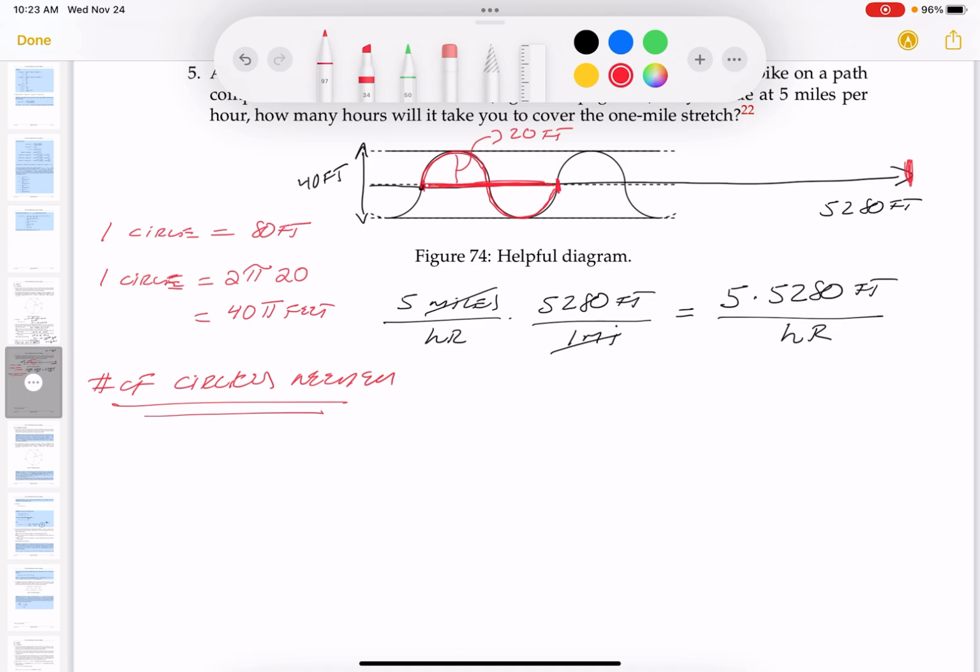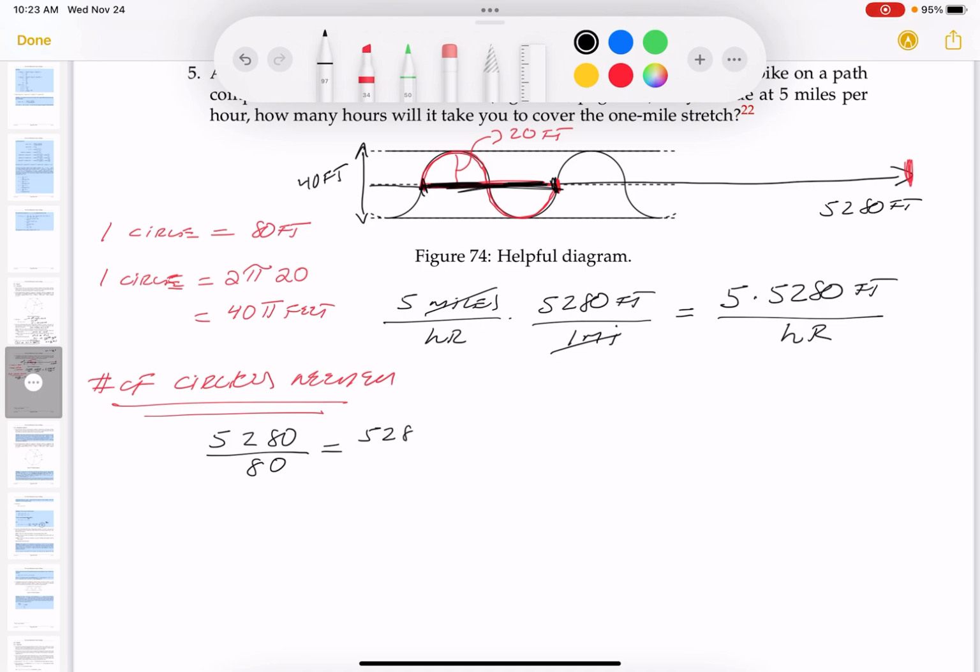Let me go back to black ink. So let's see. Well, one circle, this is one circle over here, is just 80 feet, right? So the number of circles he needs, that's a complete circle, by the way, is going to be 5,280 divided by 80, right? Because each circle, you can get 40 feet here and 40 feet here, the diameters. So that's going to be, let me just write this down. So he needs